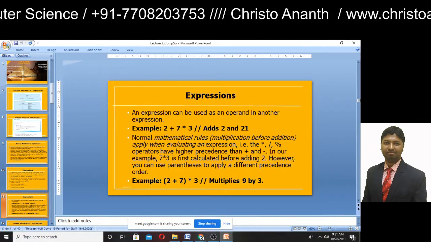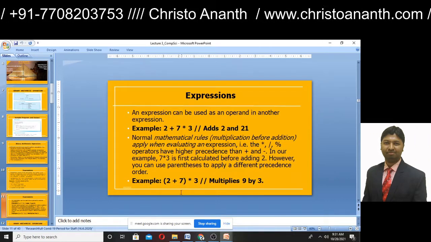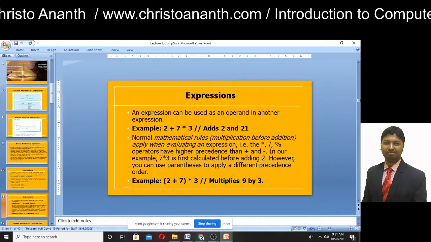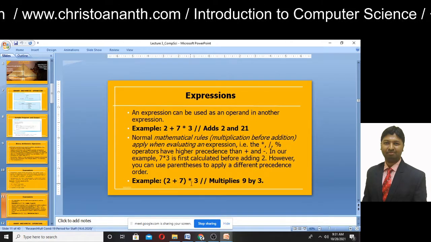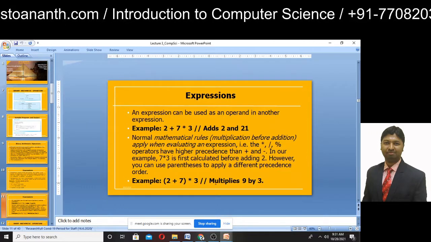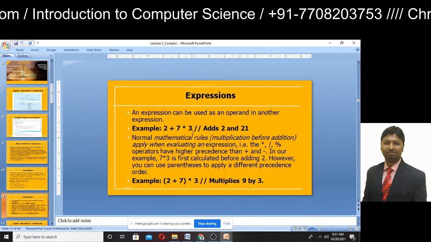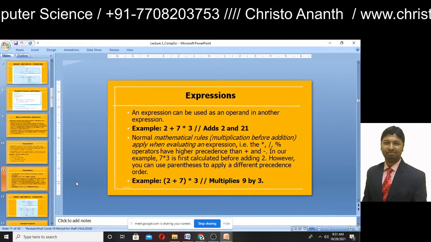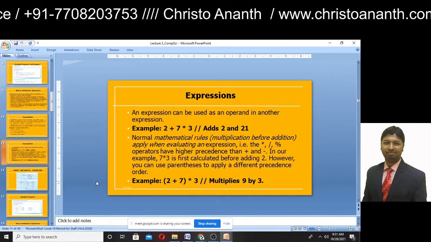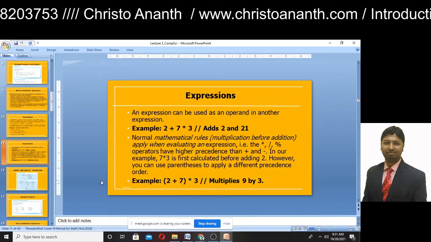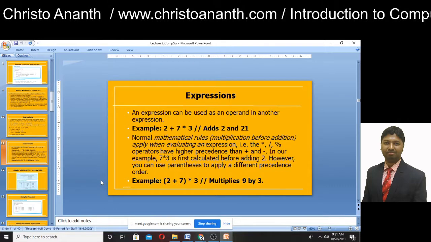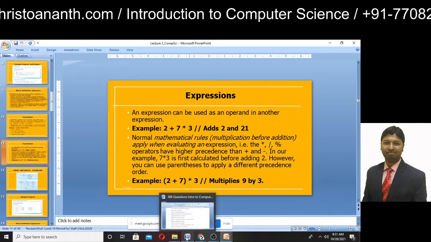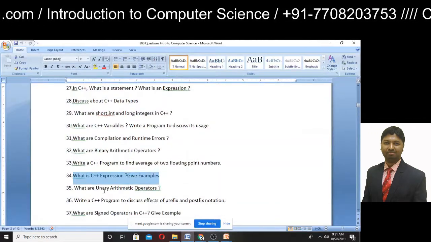But in the other case, the bracket comes first, so 2 + 7 is 9, and then 9 multiplied by 3. So this is different from the first one. We first evaluate what is in the brackets, and then comes multiplication. It's simple mathematics.